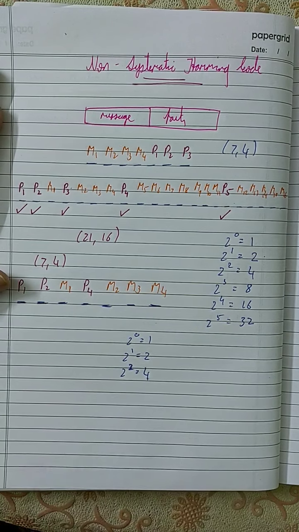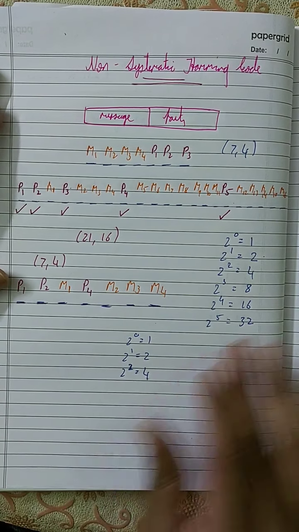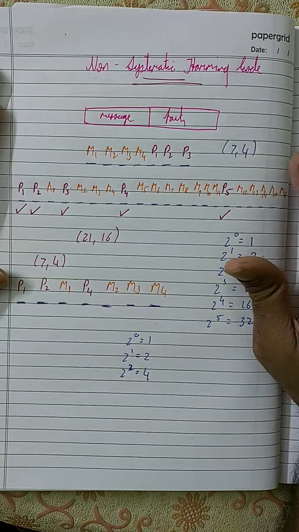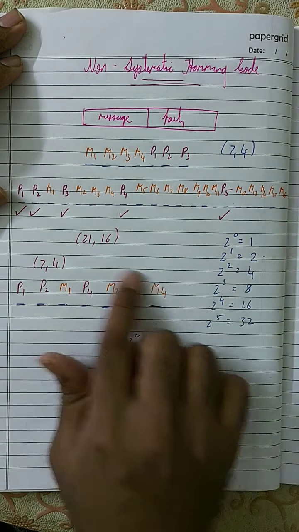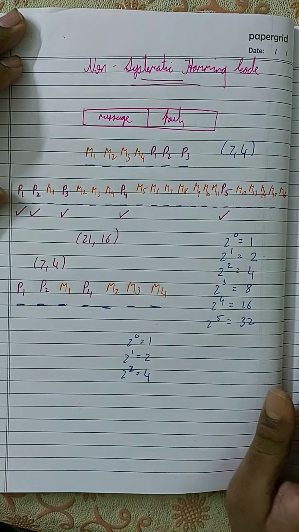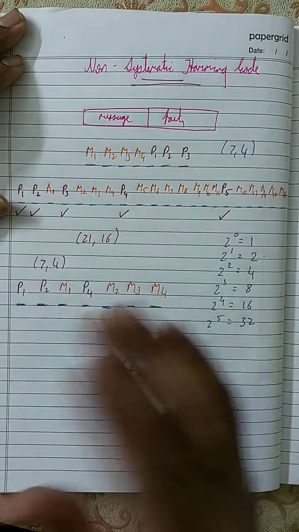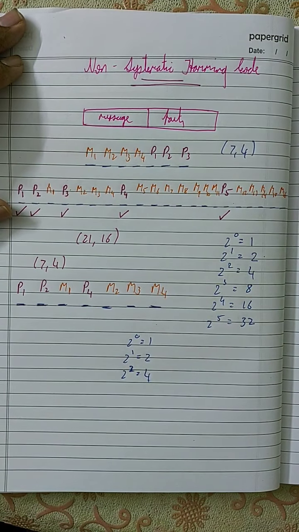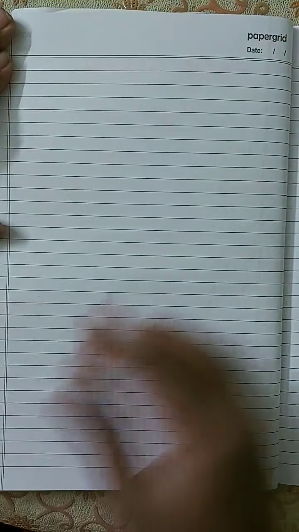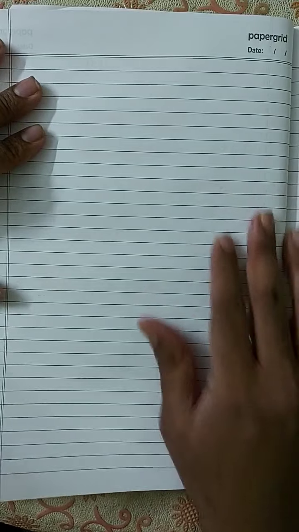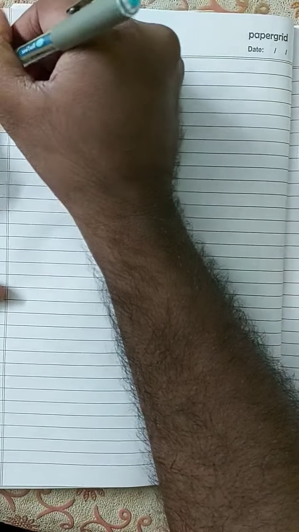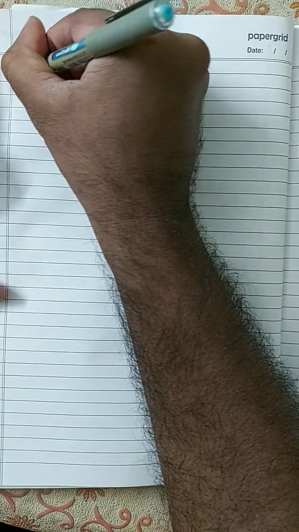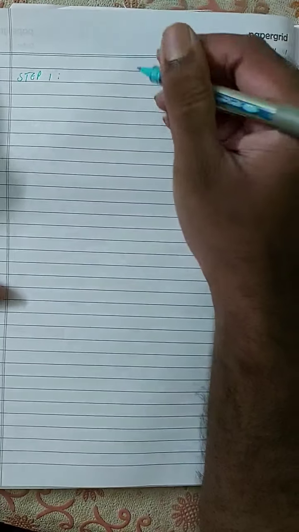One interesting thing about non-systematic is that the construction of a non-systematic Hamming code is very easy. We start with the construction of the H matrix. So first let me write the steps. Step 1, what we do is